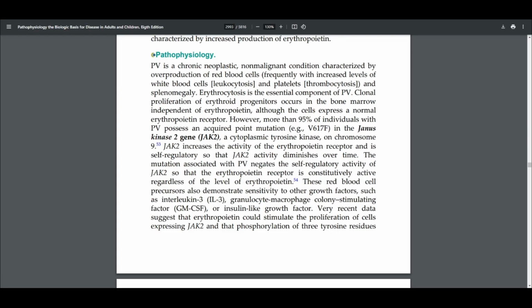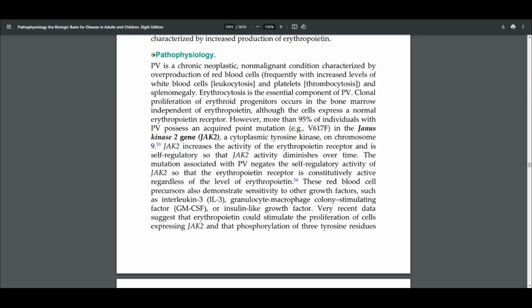So what is its pathophysiology? PV is a chronic, neoplastic, non-malignant condition characterized by the overproduction of red blood cells, white blood cells, and platelets, and splenomegaly. Erythrocytosis is the essential component of PV. Clonal proliferation of erythroid progenitors occurs in the bone marrow, independent of erythropoietin, although the cells express a normal erythropoietin receptor. However, more than 95% of individuals with PV possess an acquired point mutation in the Janus kinase 2 gene,